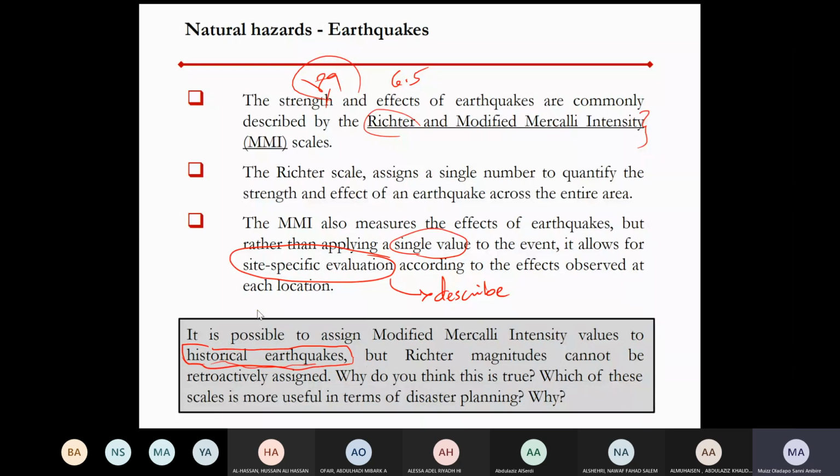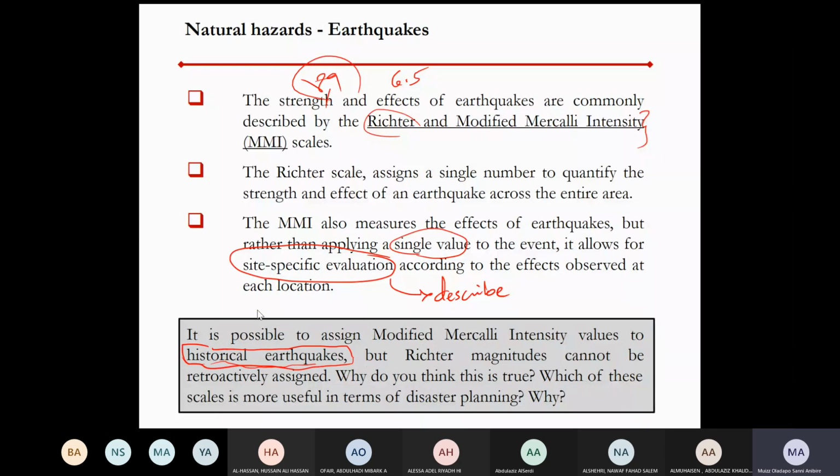That means that you cannot assign Richter magnitudes to earthquakes that happened a long time ago. Why? Because there was no way to measure the magnitude of those earthquakes. So this is one of the reasons. Here it says, why do you think this is true? The reason is that in historical earthquakes, there were no instruments to measure them at that time. Earthquakes that probably happened 300 years ago or 200 years ago, when there were no measuring instruments or seismic instruments